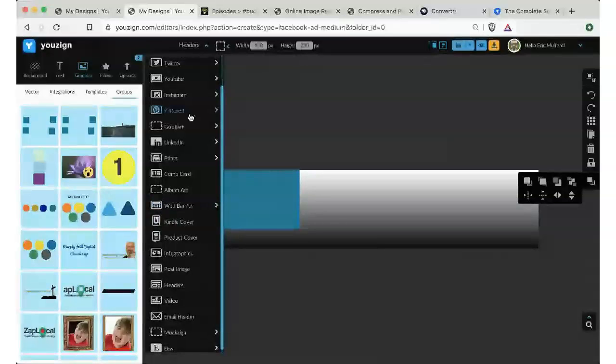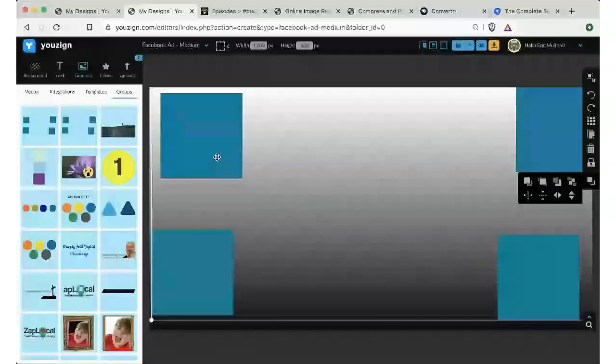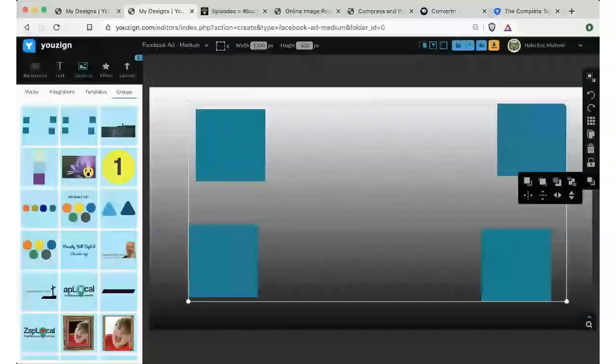Now, Pinterest is a completely different layout size. So I have to do something completely different if I'm going to use any presets in Pinterest. I don't have anything I can start with, but I start with almost all of my designs with this Facebook ad medium, and then I can begin to adjust and work from there. Yeah, Pinterest and Instagram are both completely different. Pinterest has created a new,